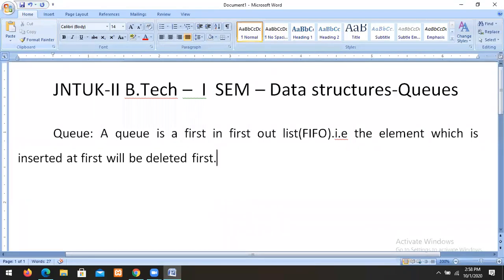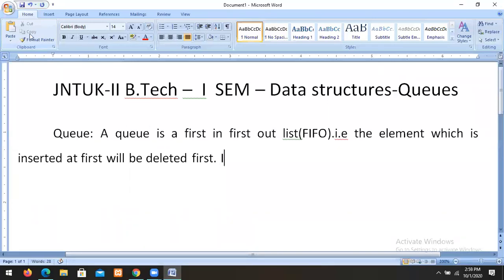It is a first in, first out list. It is also a linear data structure. A queue is a linear data structure, and it is a first in, first out list. Such a list we call a queue.